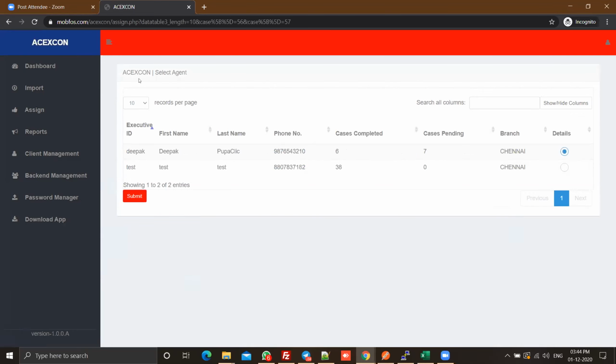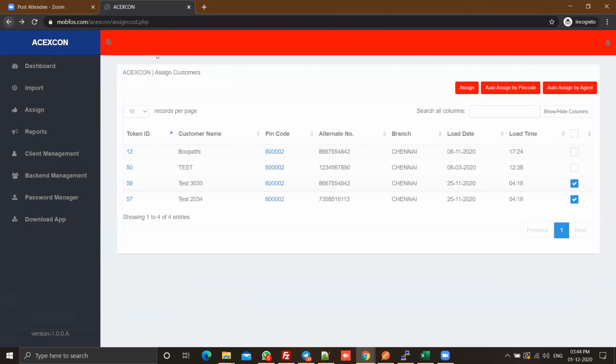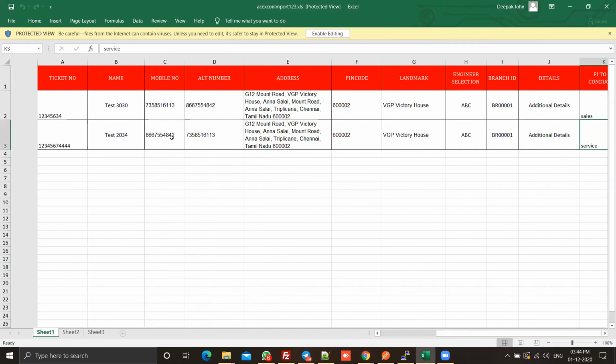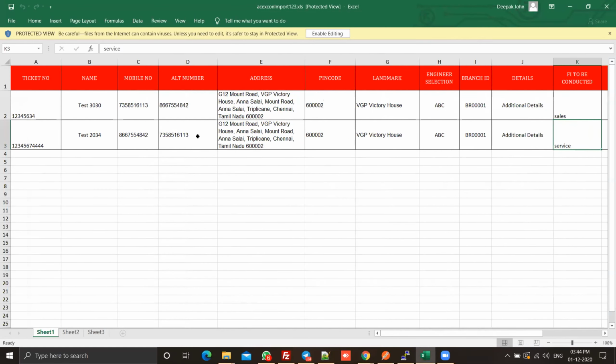Could you go back for a second if you don't mind? The Excel sheet that you imported already had the details of the customers and the details of the engineers, correct?